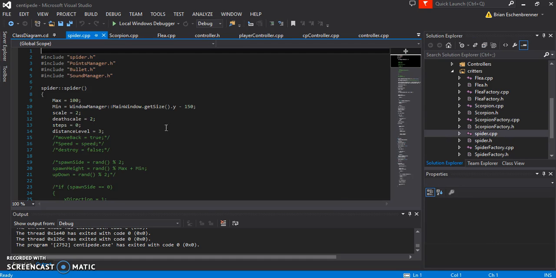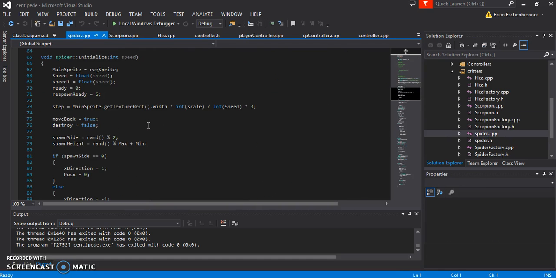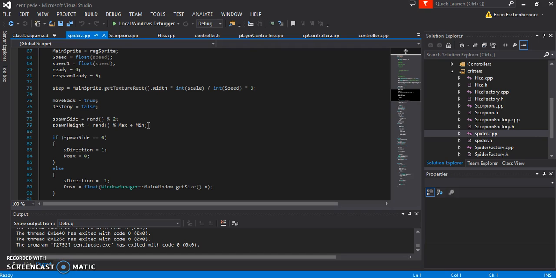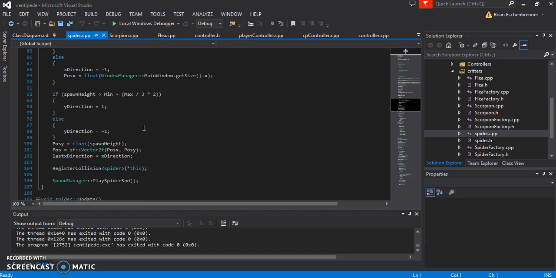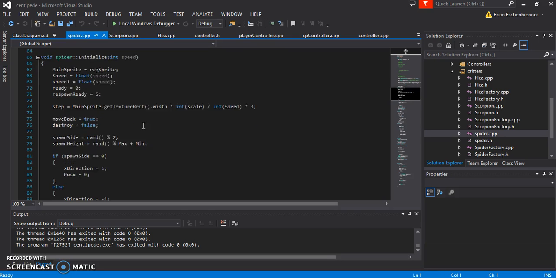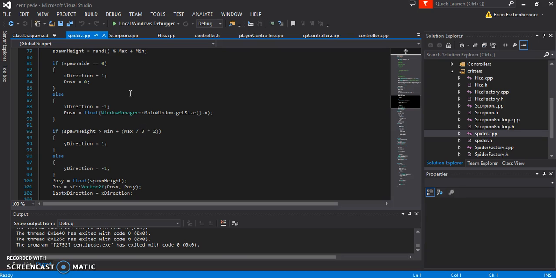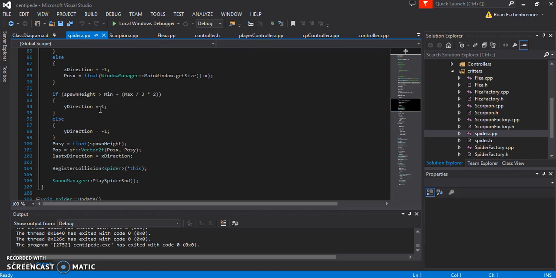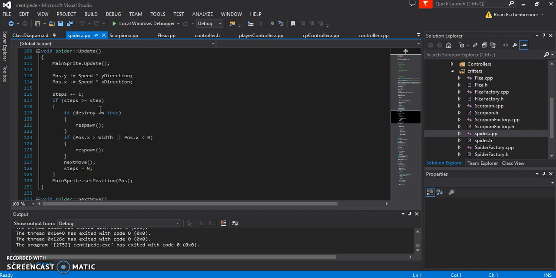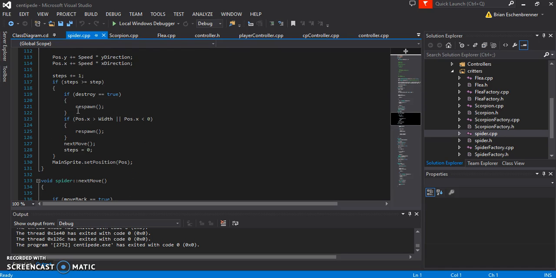So then we have the spider. The spider works very similar to the scorpion, where it moves, also works on a step system. However, this one, it just moves up and down, multiplied by the speed, and then how many steps you're taking. It's right here, so it's got the step, moves in the speed until you get to the next step, and